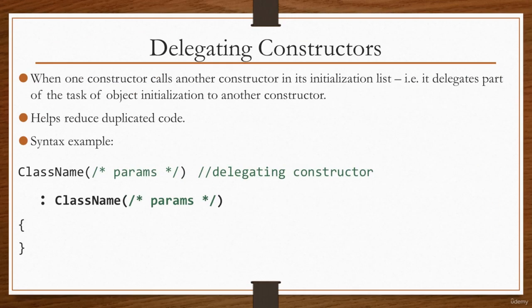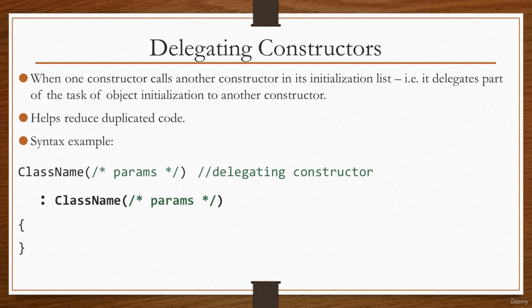Okay, this video is going to cover what a delegating constructor is. When one constructor calls another constructor in its initialization list, that is, it delegates part of the task of object initialization to another constructor, then that is a delegating constructor, because it delegates some work or some tasks to some other constructor. This helps reduce duplicated code, and at the bottom of the slide you can see an example